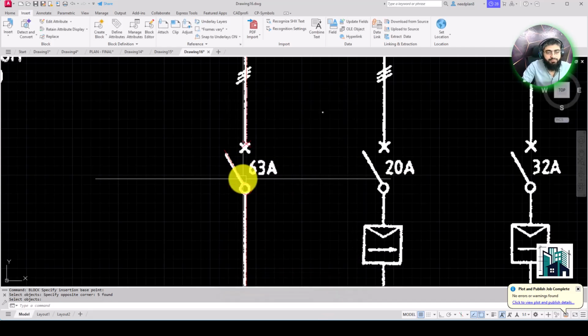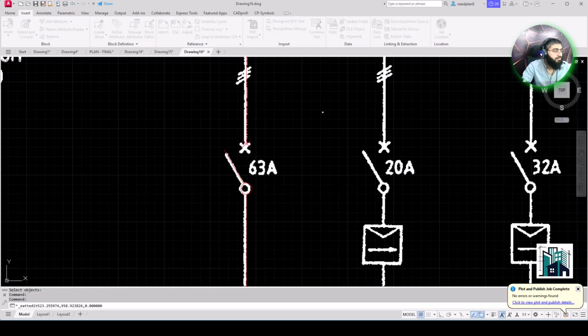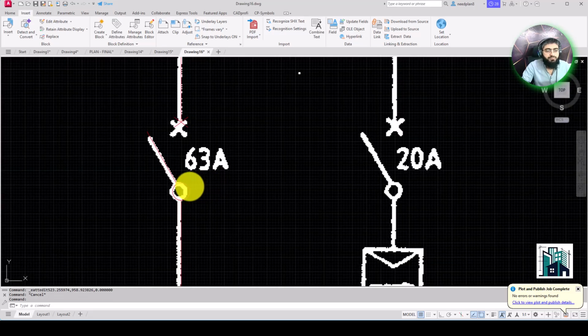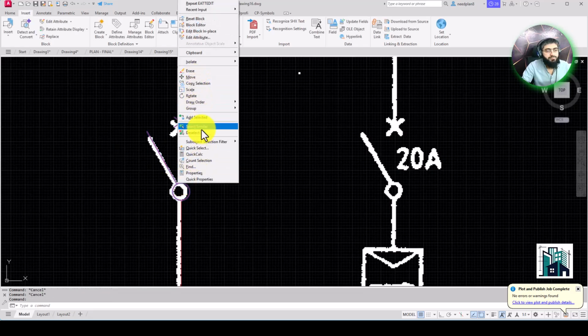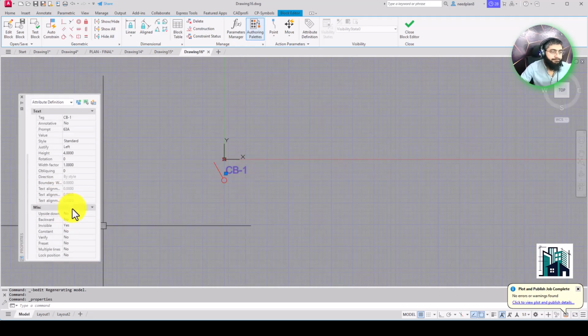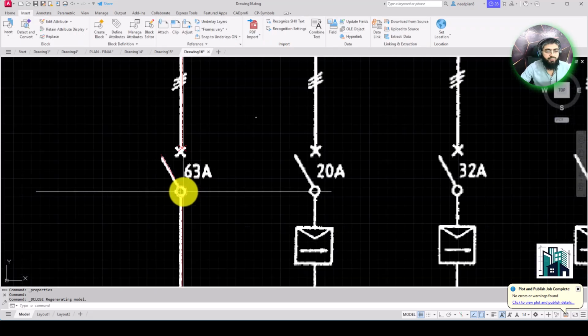and then here. Why is it not showing? Invisible, visible, and I'm going to click here, breaker.